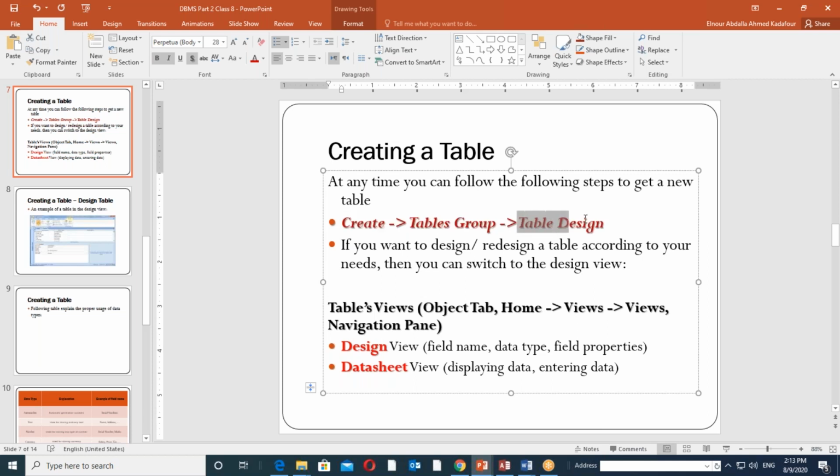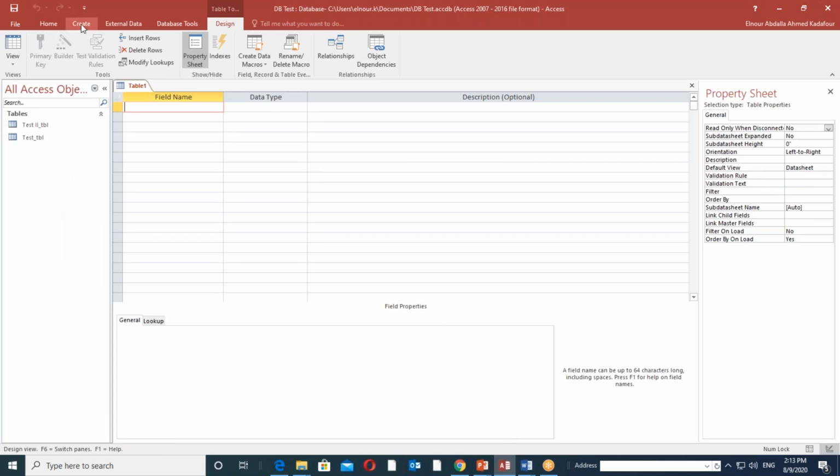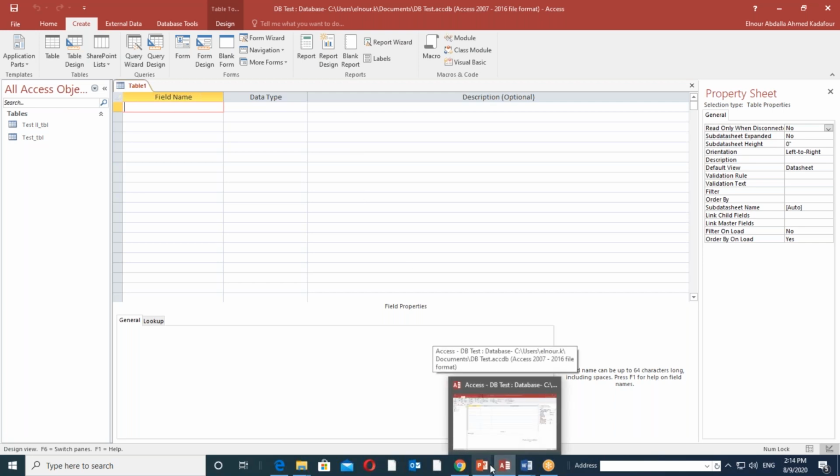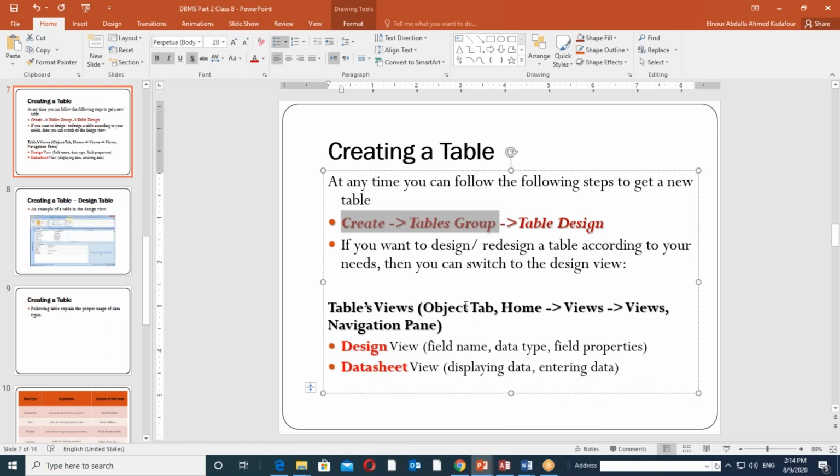in a design view مفترض نتبع هذه الخطوات. أما إذا كان الغرض إنشاء جدول then create and table group. أهم من ذلك بأي كيفية نريده just a table that is SharePoint list or table design اللي هو ينقلني إلى هذه الصفحة اللي أنا متواجد فيها الآن. واضح لكم؟ طيب so if you want to design or redesign a table according to your needs then you can